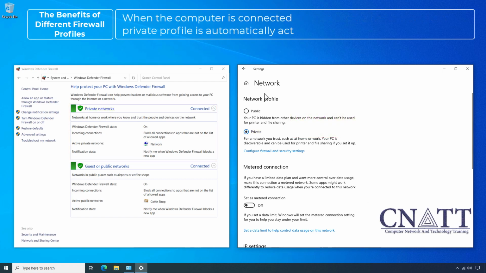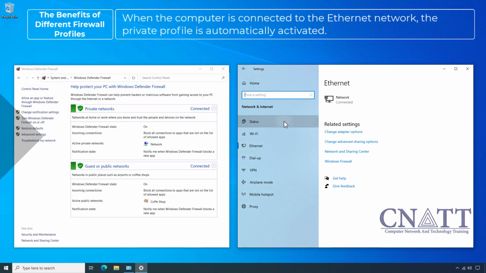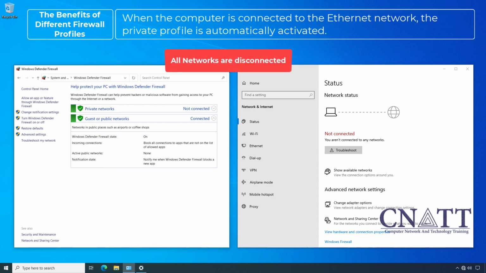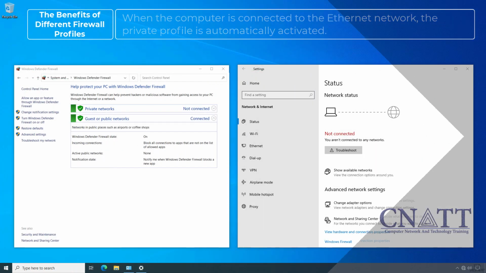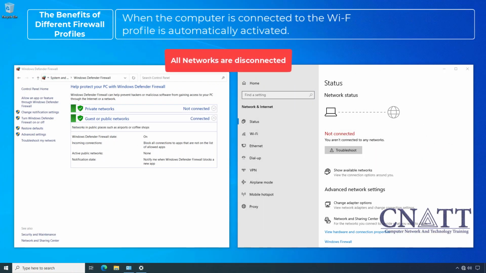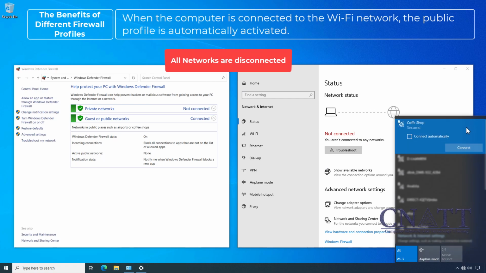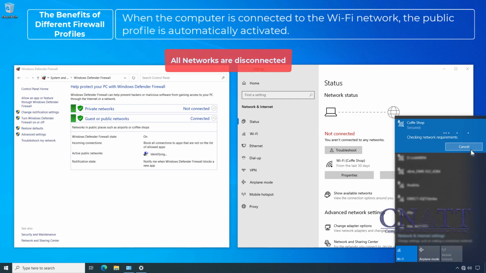When the computer is connected to the Ethernet network, the private profile is automatically activated. When the computer is connected to the Wi-Fi network, the public profile is automatically activated.